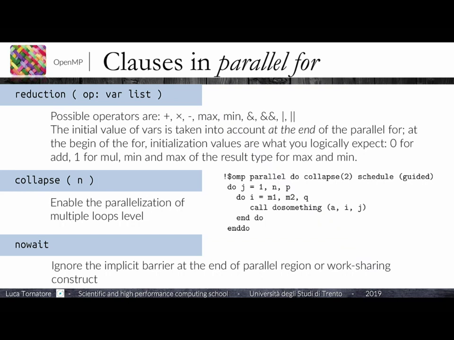So let's say that you have a schedule static with chunk size 1. Loop 0 will do that, and then loop 1 will do that again. Whether or not they do the same thing depends on the loop body, whatever it is, but to be clear,